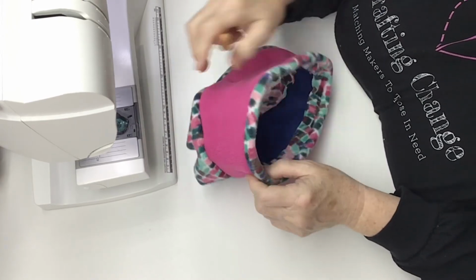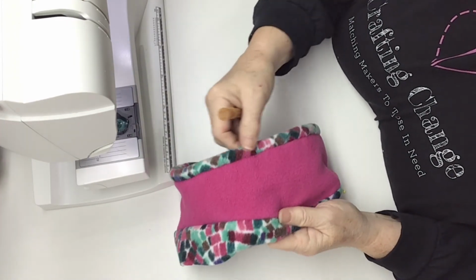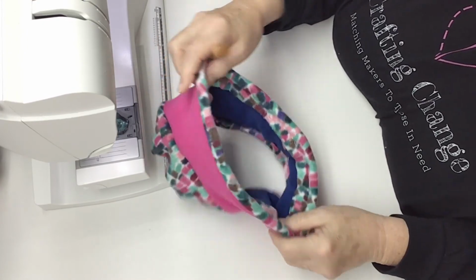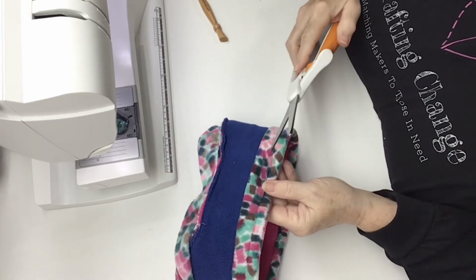Now I've already done the other side, so you can see on the top that my band is pretty well consistent and the back is nice and straight. And then my last step is I'm going to take my scissors and we're going to trim away